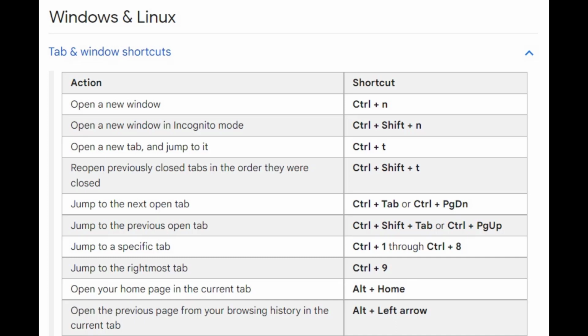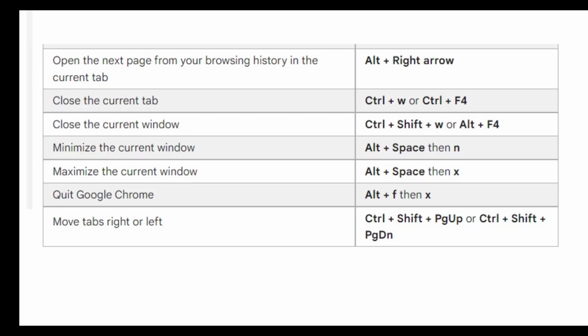These are tab and window shortcut commands. You can use these commands to save your time and work quickly with Chrome while you are browsing or surfing the internet. Friends, as you know, nowadays we are doing a lot of work on the internet, like e-commerce websites and some other websites. We have to do a lot of work with these kinds of websites. Then we will use these commands